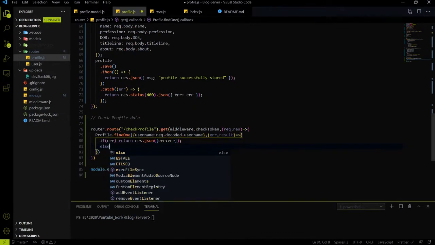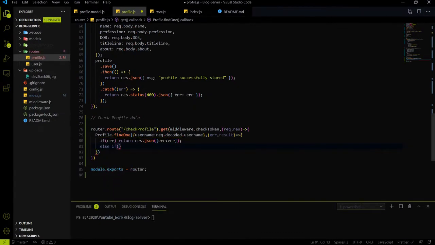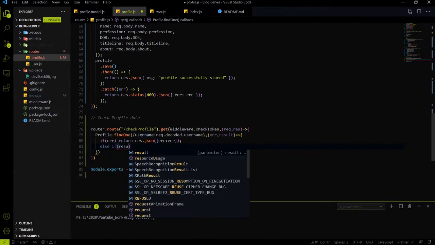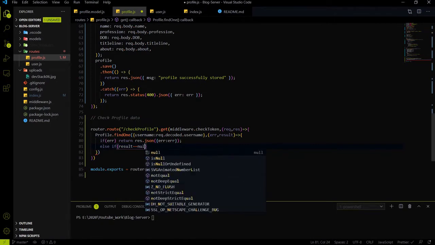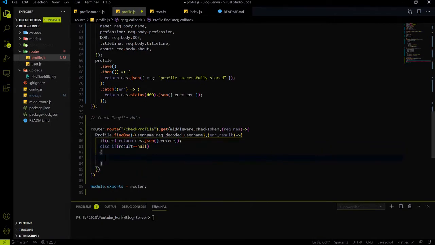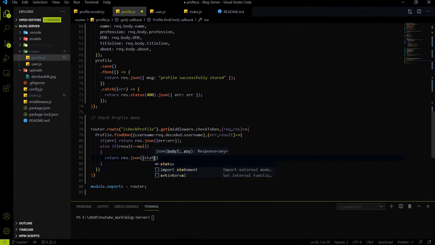Else if the result we are getting over here is null, if we don't get any data over here, it means that the data is not available. The respective username data is not available in the backend. So what we will do is return a response.json with the status false.